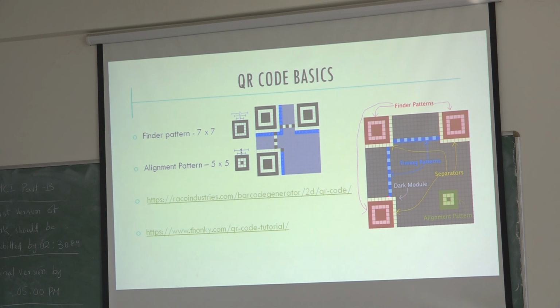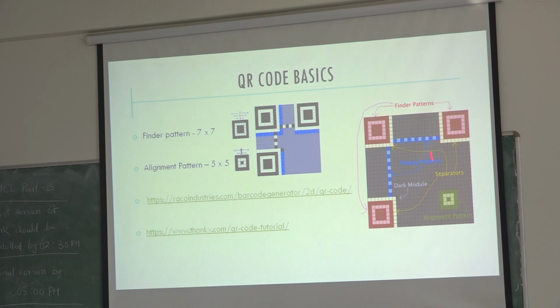And then here one dark module is there. Here we will not embed any information. And this is called the alignment pattern. This is based on the version. Up to the second version, versions 0, 1, 2, this alignment pattern will not be there. If the version is more than 2, then this alignment pattern will be there. Based on the version, the number of alignment patterns will increase.